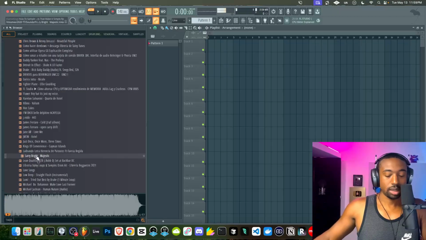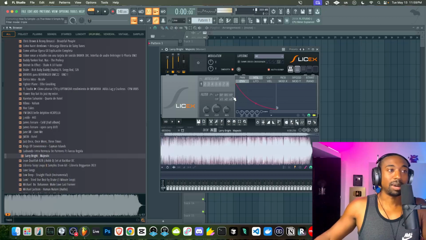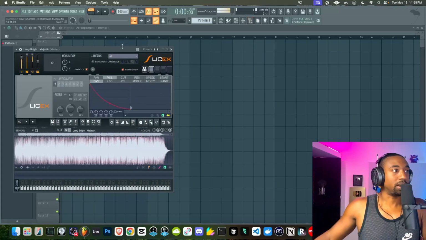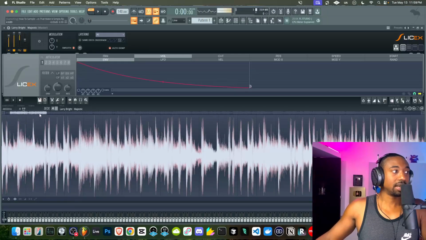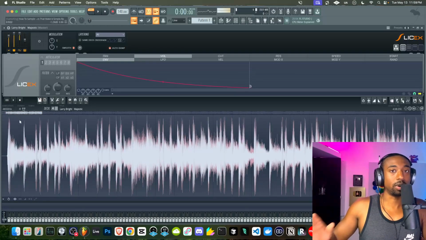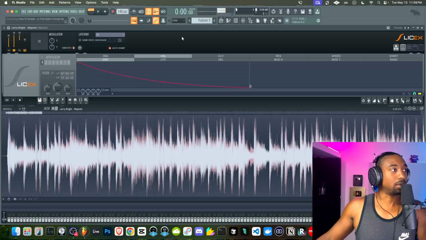So what we're going to do here is the first step is right click, open up and slice. This is my new style of sampling and I'll show you guys why. If you double click and slice, we can now zoom in. And basically anytime we hit the letter M, it will create a vertical slice. And so my workflow here is I'll hit play, I'll hit M and then hit enter so that every time I hit M, it basically creates a new slice. And I'll show you guys how it becomes playable.